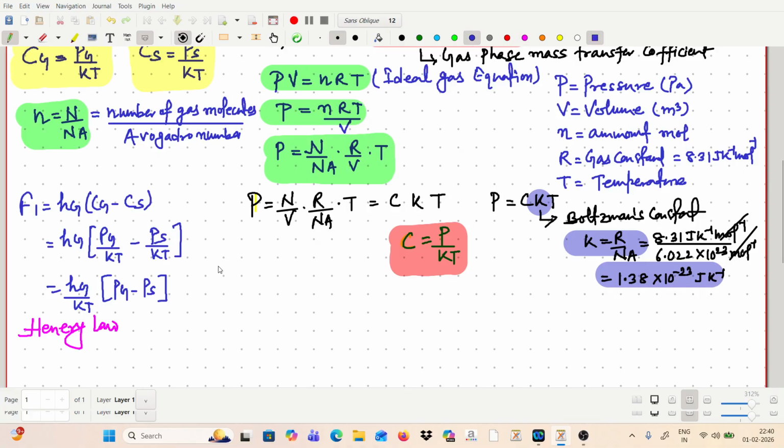Say this equation is our equation number two. This one was our equation one. We write it like the Henry equation. So now, from Henry's law, what is